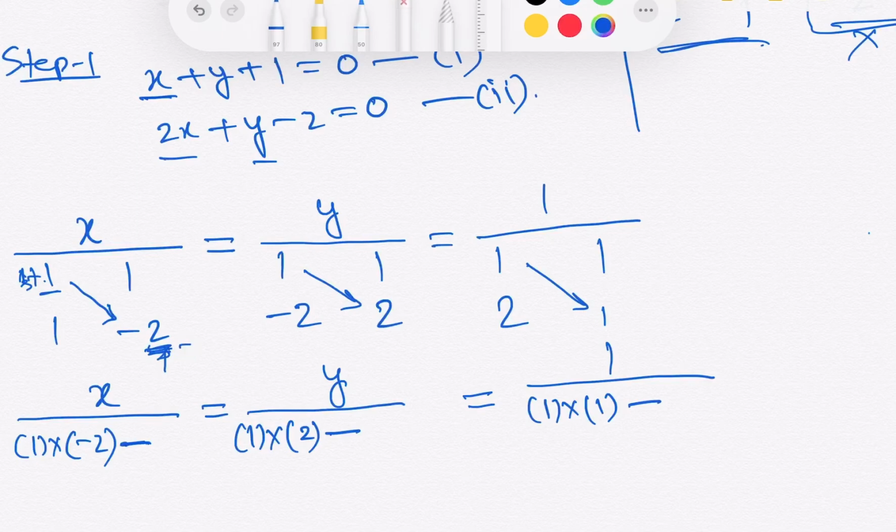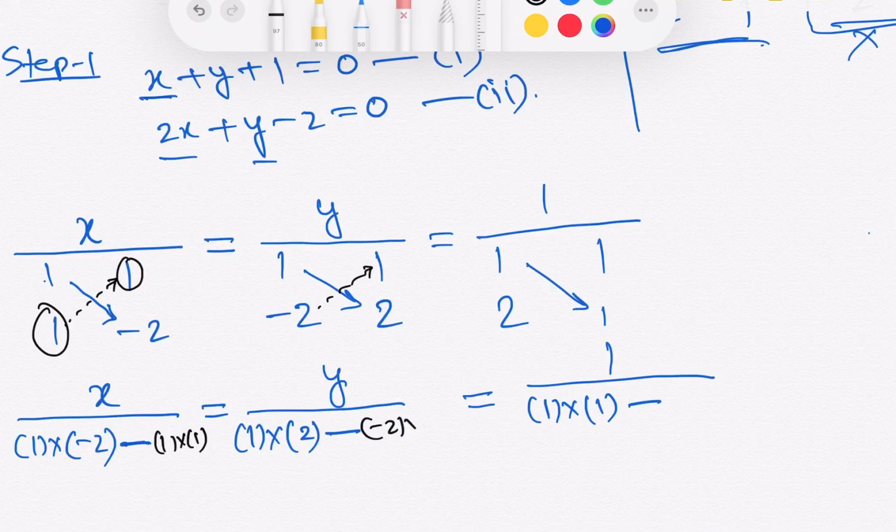Now we apply the upward arrow. So now here upward arrow, which element to which element? Corner element 3 to element 2. So now here 3 to 2, which is 1 into 1. So this one multiplied with this one, 1 to 1. Now after that for y, in case of y, minus 2 is multiplied with 1. So now minus 2 is multiplied with 1. Similarly you draw an upward arrow from third corner to second corner, which is 2 is multiplied with 1.